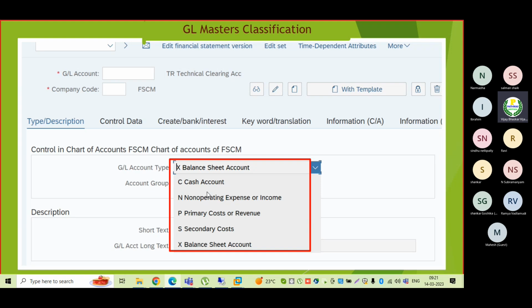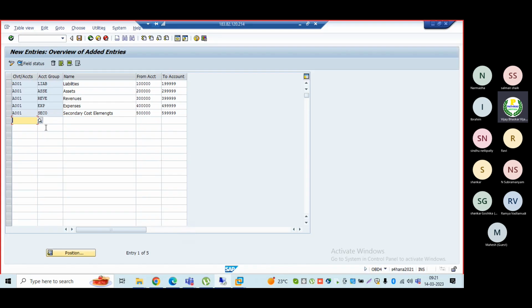One is for cash account, bank accounts. This is for non-operating expenses or income. Primary cost, these are cost elements. This is secondary cost. And for balance sheet, let me go here. For cash accounts, I will keep separate GL accounts. Remember, cash accounts. Then I'll give the